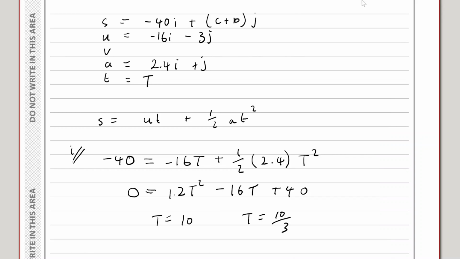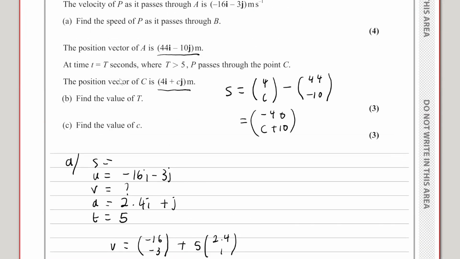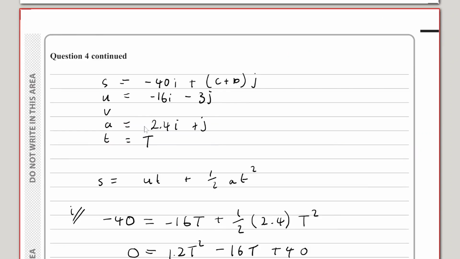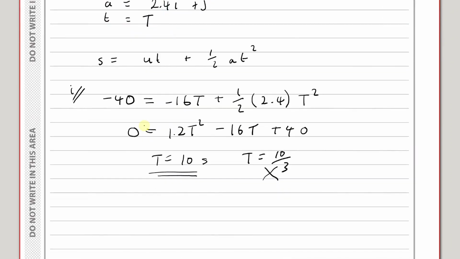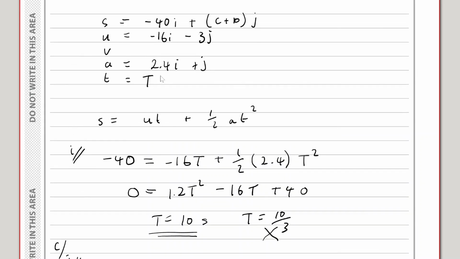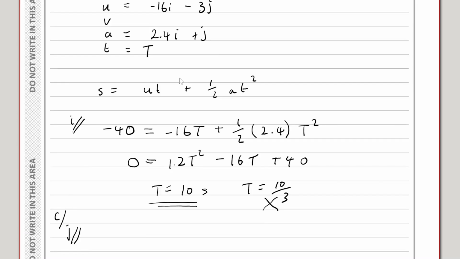And t had to be bigger than 5, so we can reject 10/3, so t is 10. And find the value of c, so doing the same thing, but for the j's now. So for the j component, again, we are going to use s equals ut plus half at squared. This time we know t, so c plus 10